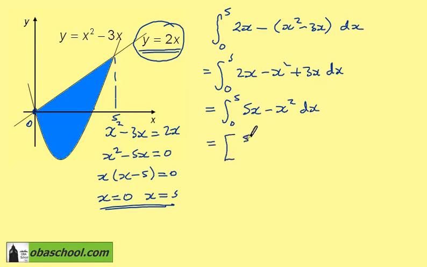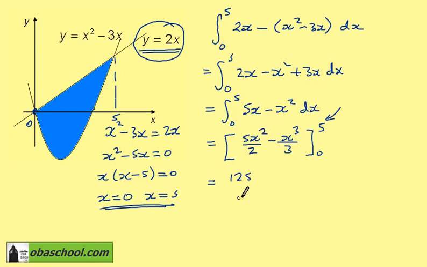So that's 5x squared over 2, take away x cubed over 3, to be evaluated from 0 to 5. And only the top limit is going to give us a value. 0 will just give 0. So that's